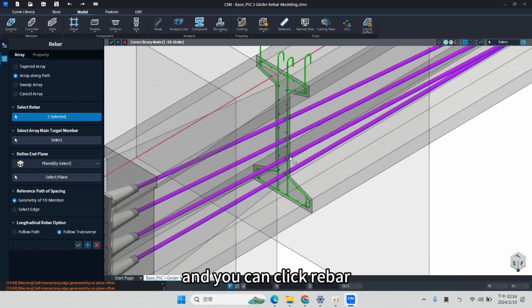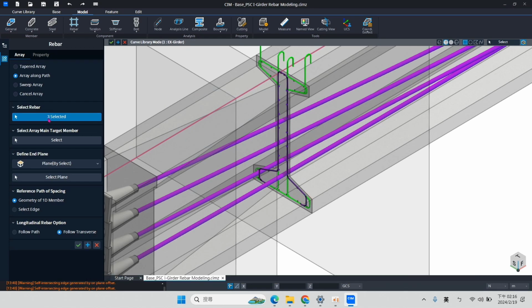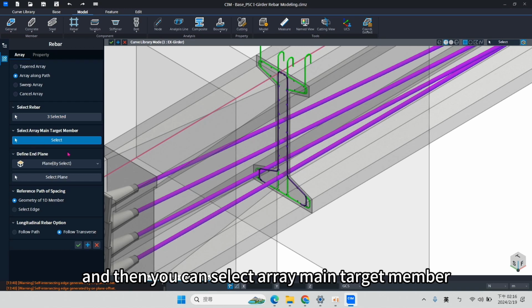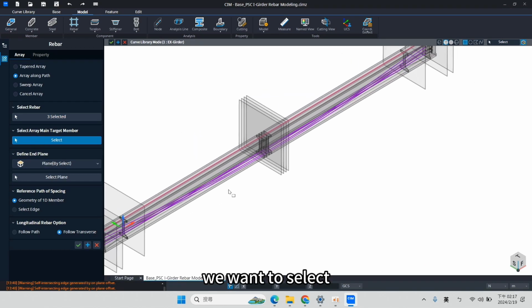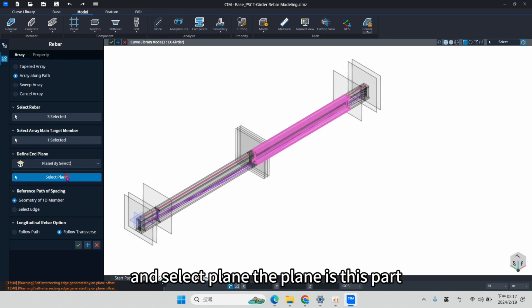and you can click rebar and you can click control and click. It means that it has three selected, so the logical rebar and transfer rebars, and then you can select array main target member. You want to select this member and select plane.